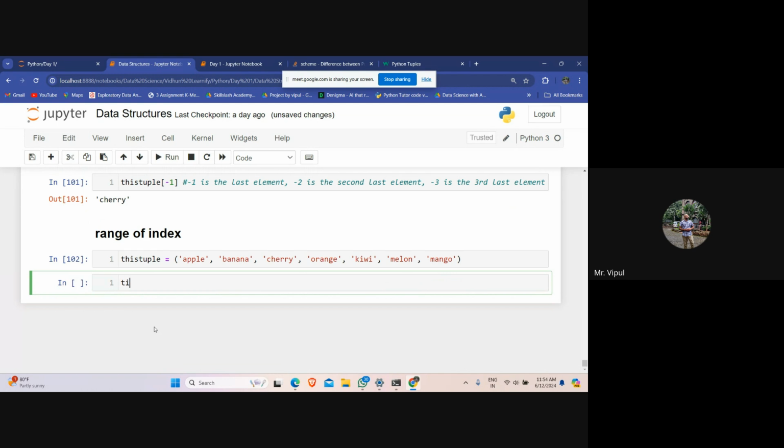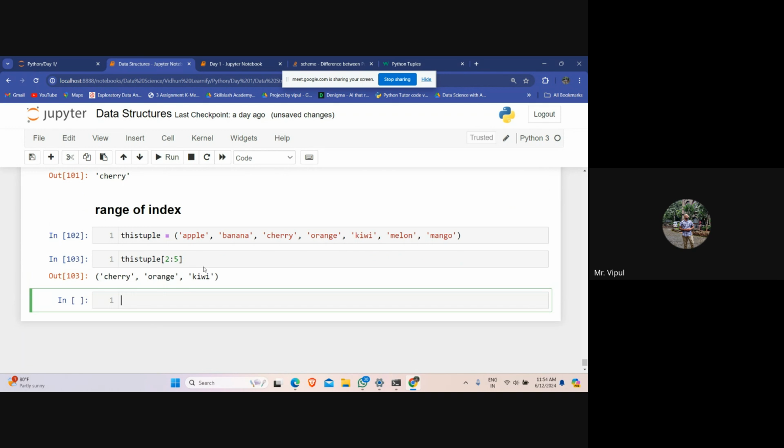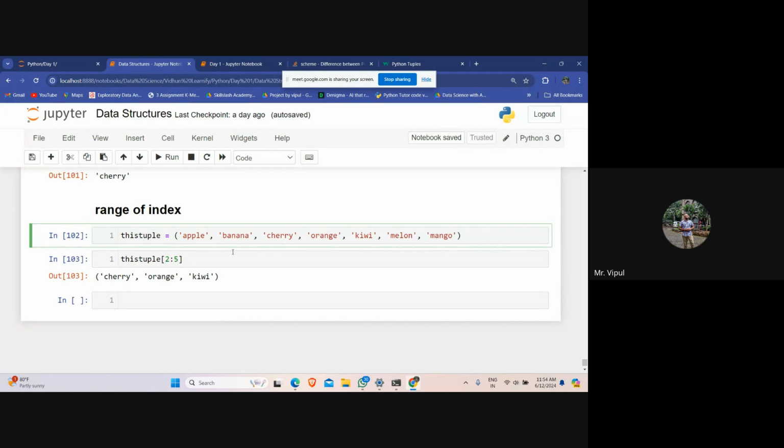Right? Now if I write this tuple, I want the index numbers from 2 to 5. So this is 0, this is 1, this is 2, cherry's is 2, orange 3, kiwi 4, melon 5, mango 6.